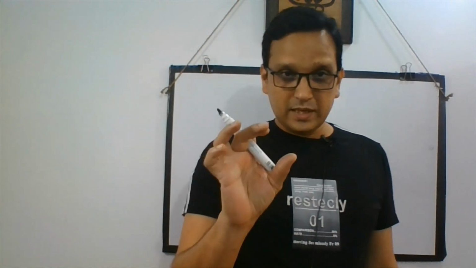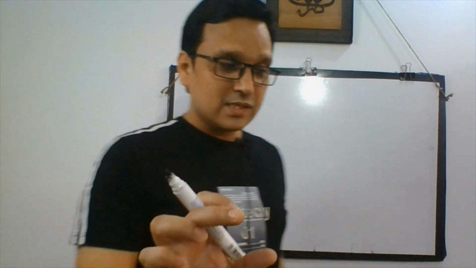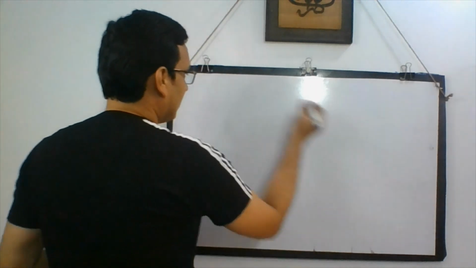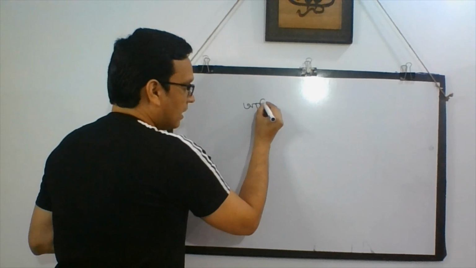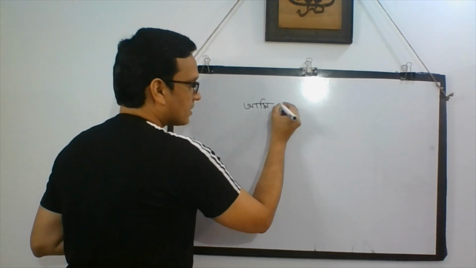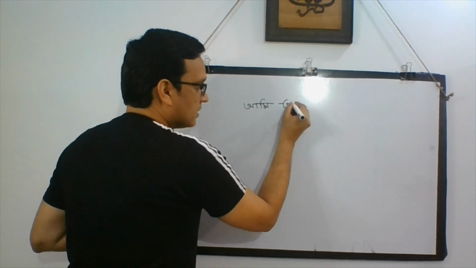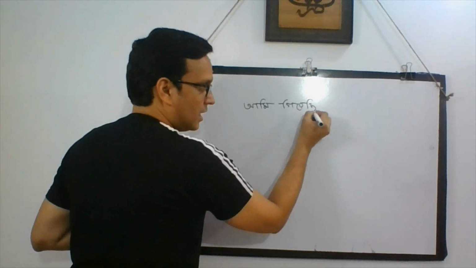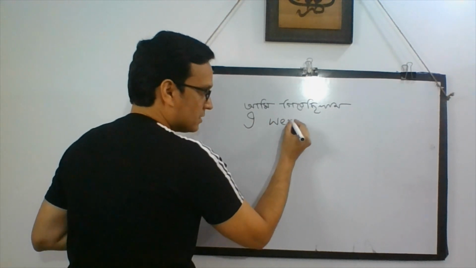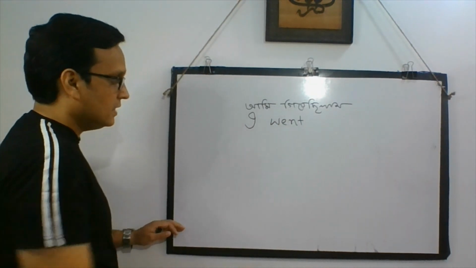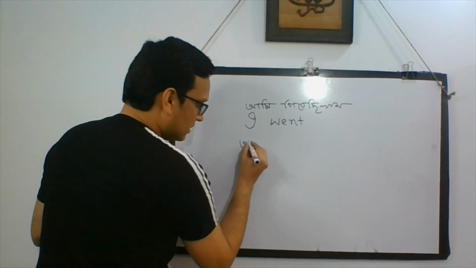So let's see. As I said, language is a kind of tuning, I mean music. Languages are changeable, but rules are not changeable. Tuning is same. Like Ami, I'm going to write the sentence again. Ami giyechhilam. So we got that I went. Am I clear? Then I'm going to write Ami